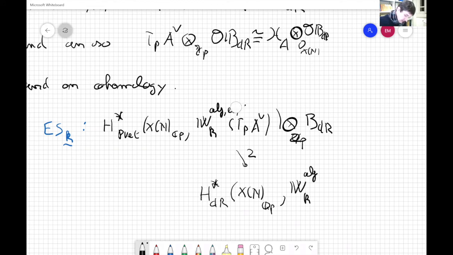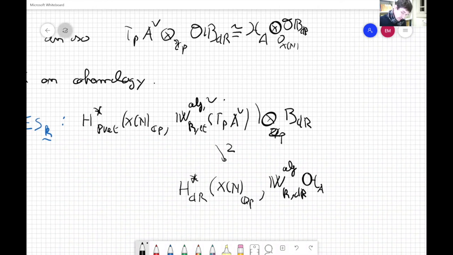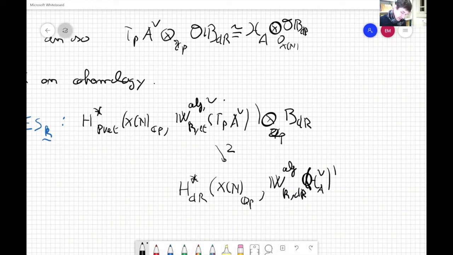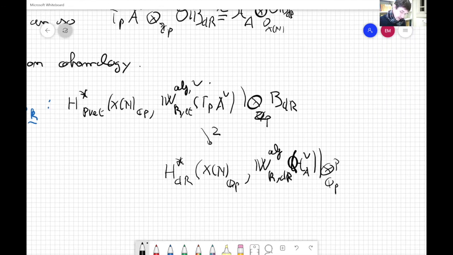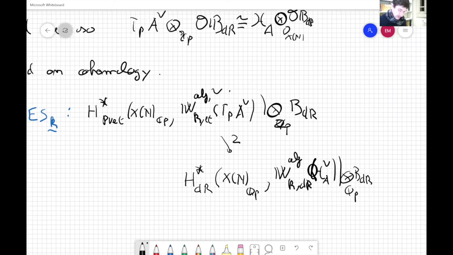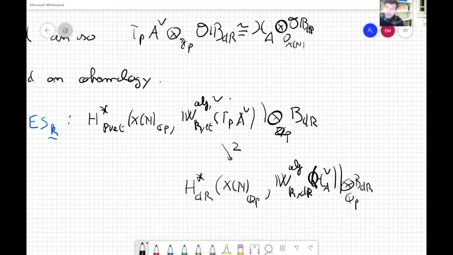Sorry, I think it was here, right? I hope I didn't mix up the H A dual. And here again, I tensor with Qp with B de Rham. Okay, and here you need some vanishing results of the higher direct images of this big sheaf of B de Rham that actually have been computed and proven. Actually, here is where I've written the name. So, yeah,